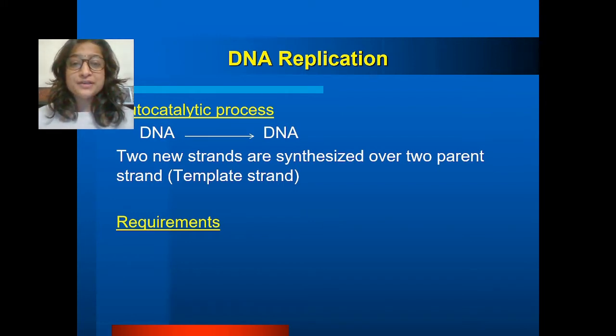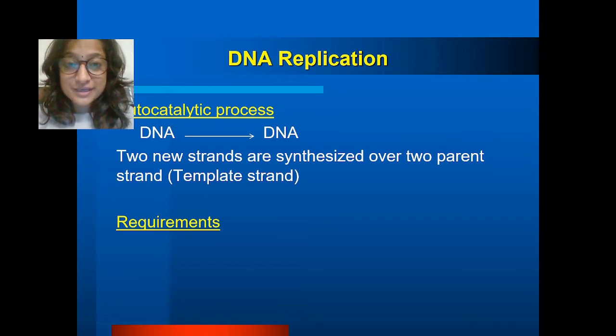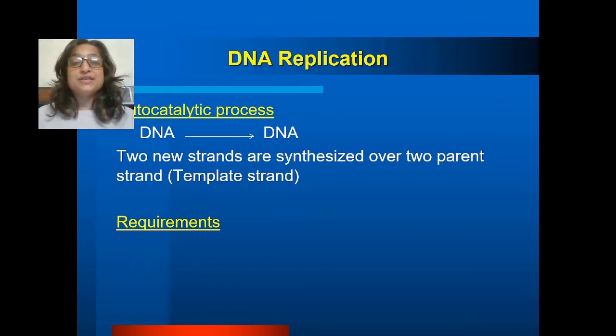Apart from that, the point to understand now is what the requirements for DNA replication are. Any process which is engaged in making a copy of DNA essentially requires some enzymes or some kind of machinery. As we said, we have a template which comes from the parent strand. So accordingly, there are certain requirements which have to be there in order to proceed with, or I must say to initiate, the replication process.